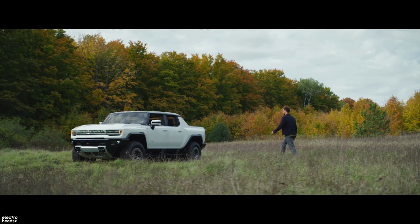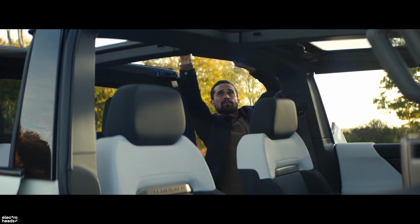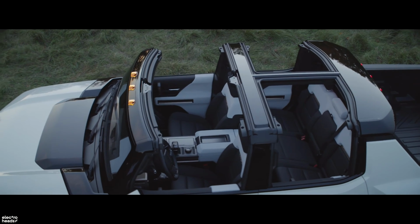Another feature I love on the Hummer, it's got a T-top, baby. Oh yes, the roof comes off in 4 separate glass panels, meaning if you want, you can just remove the roof for the front seats or just for the rear right-hand seat if you want to. Why would you want to do that? Lots of reasons, like,